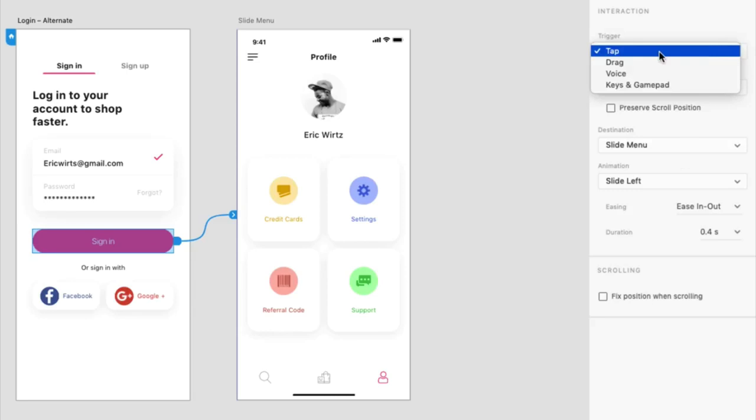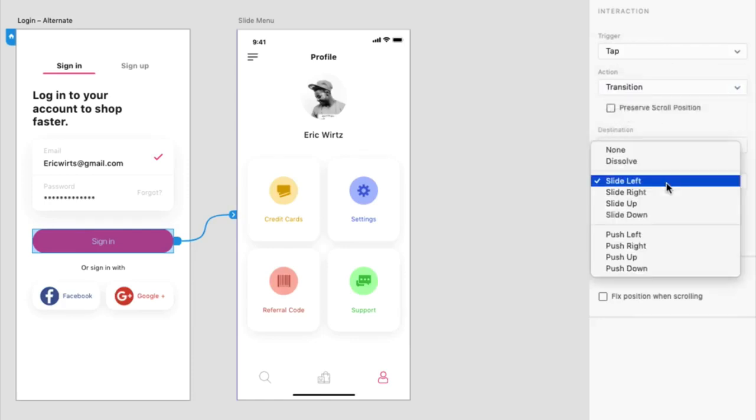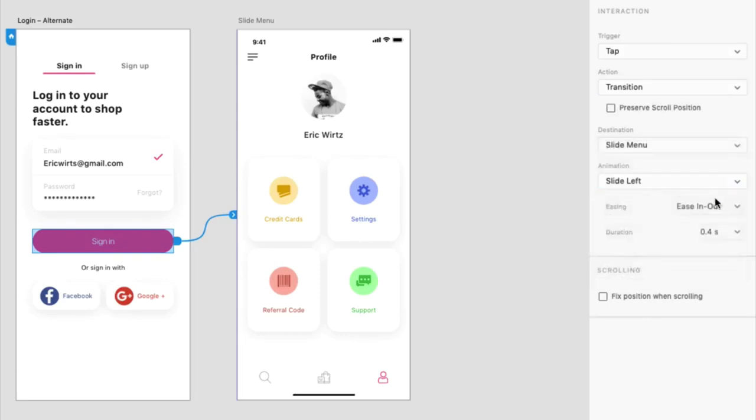In this case, I'll want a user to tap on the button, so that will be the trigger. Next, I'll go with Transition for the action, then I can select how I want the new artboard to appear. Slide left should look pretty nice. Finally, the easing and duration can be set to further define the transition. Ease in-out with a duration of 0.4 seconds will look great.